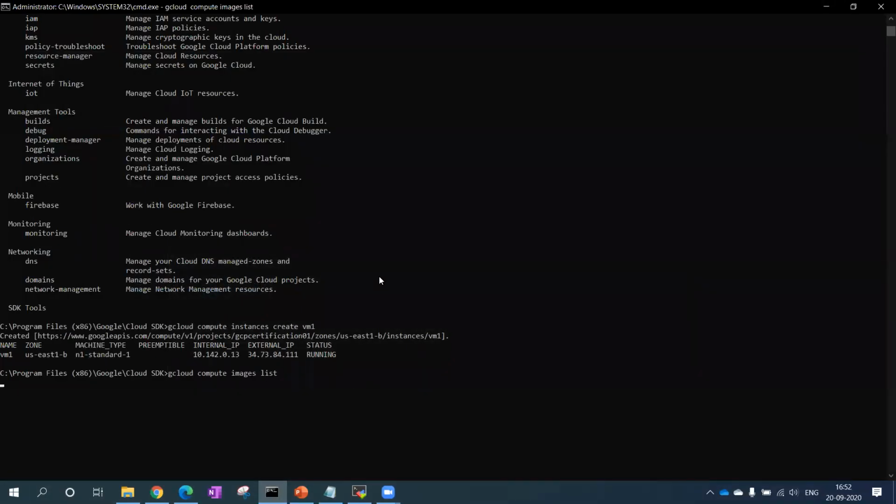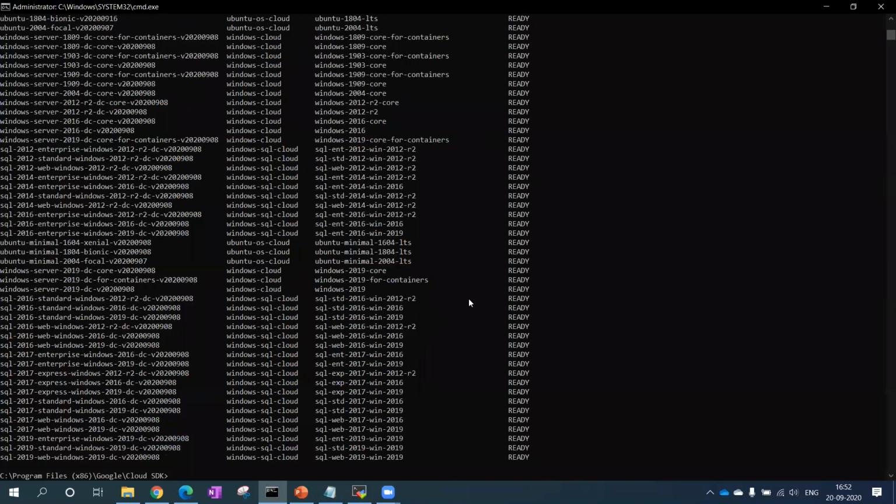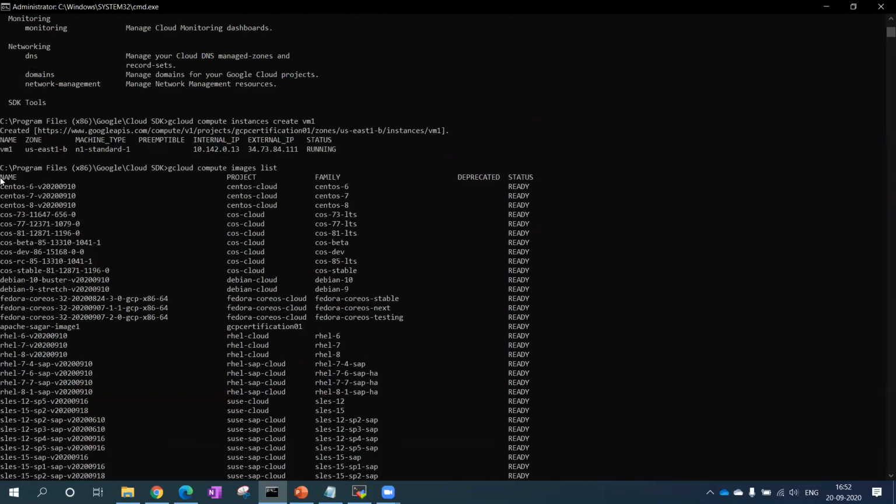If I go up, you can see this is the name of the image. Project is centos-cloud, family is centos. If it is deprecated, it will show that, but it's not deprecated, it's ready. So you can take any operating system.